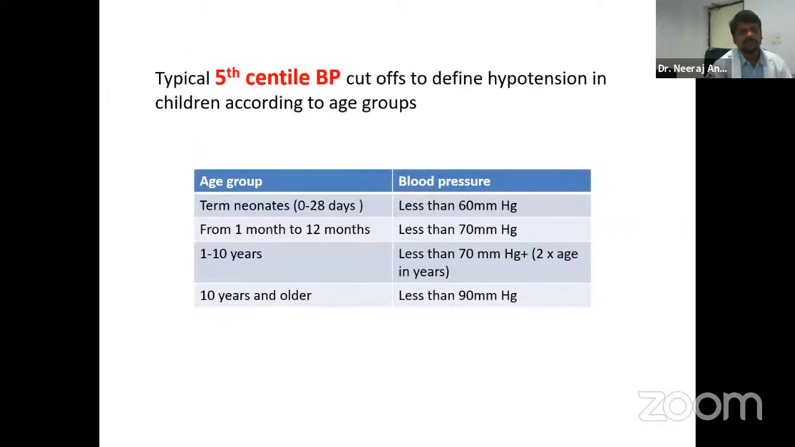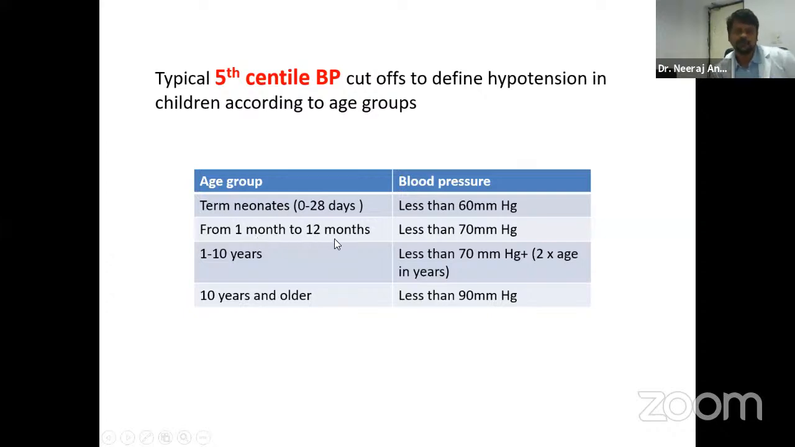Now, to define whether the patient is having hypotension, that is, whether the patient is in compensated shock or decompensated shock, we have to look at normal blood pressure centile charts. If the blood pressure is less than the 5th centile, then we say that the patient is having hypotension. So in a term neonate, if the blood pressure is less than 60 millimeter of mercury,